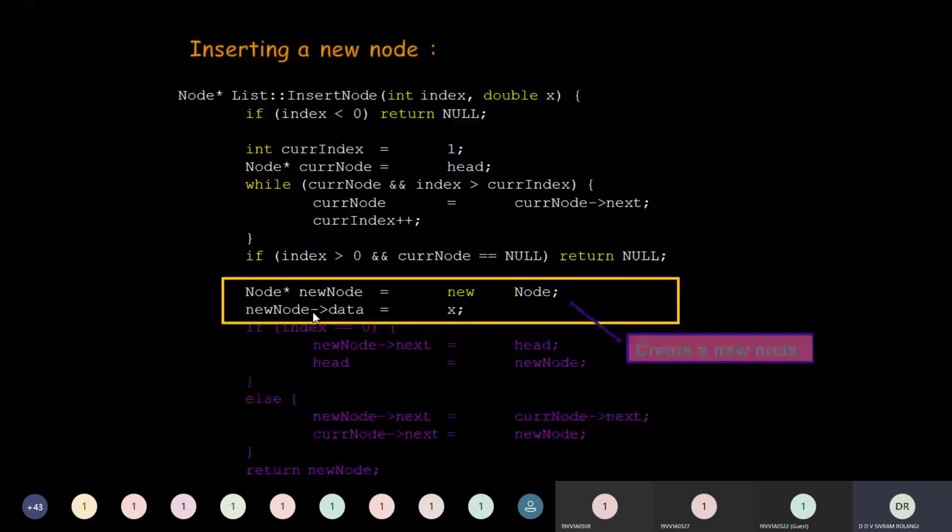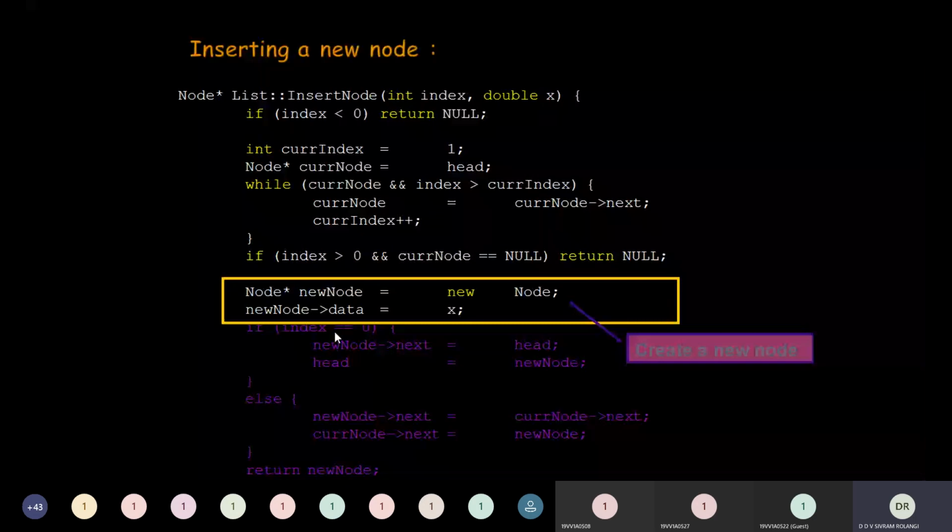You need to know the difference between a normal member variable and a pointer to a member variable. Here new node is a pointer. Whenever you use a pointer to a member variable, we have to use the right arrow, the pointer to member access operator.